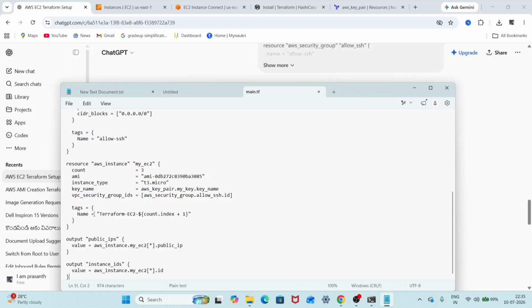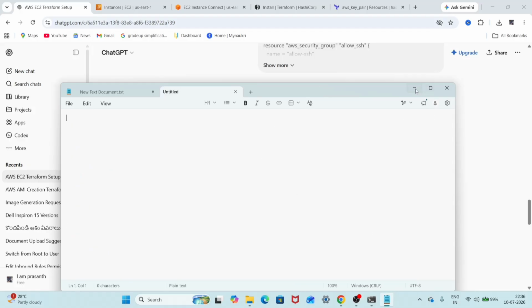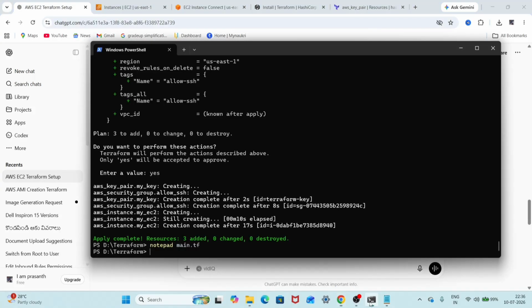Terraform tags, Terraform, okay, index plus 1, output public IPs, output instance ID value. Okay, here we will just save this by clicking Control S, and we will close this file, and we will be going back to our terminal